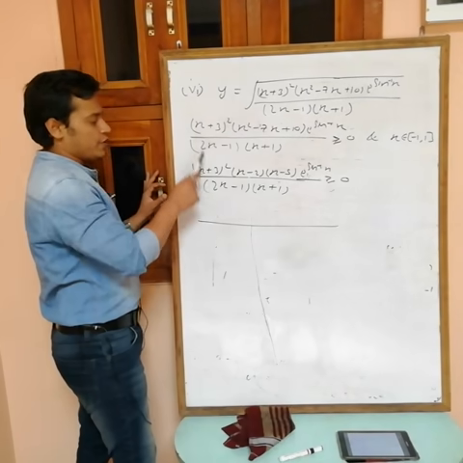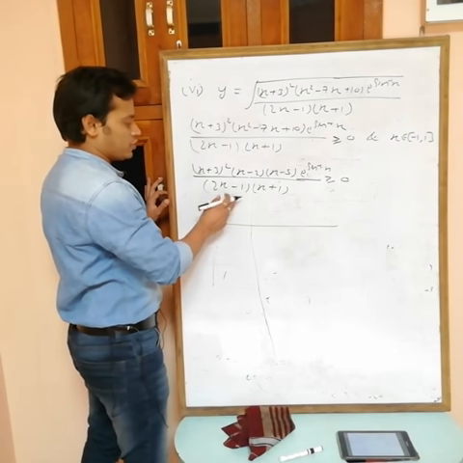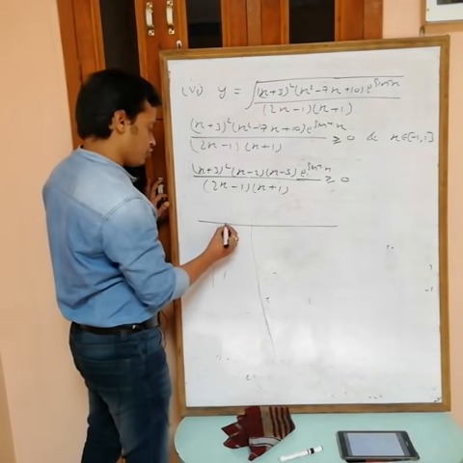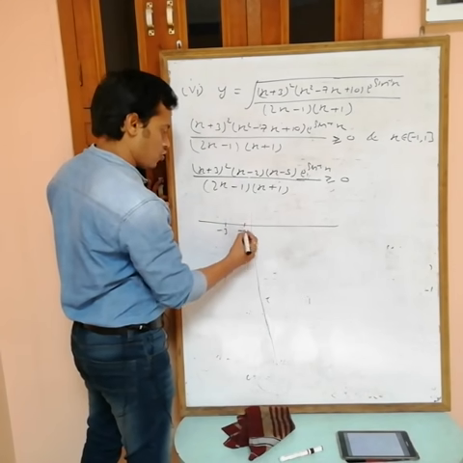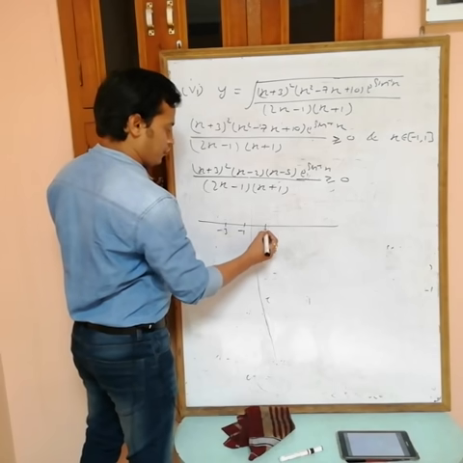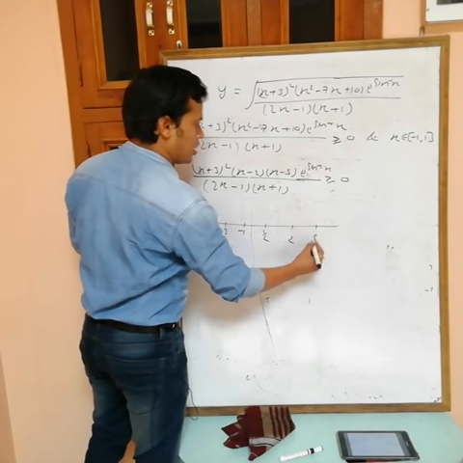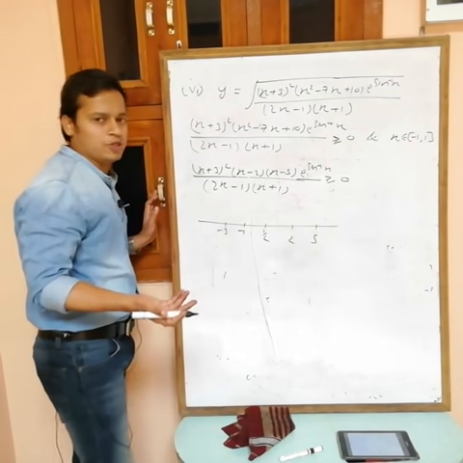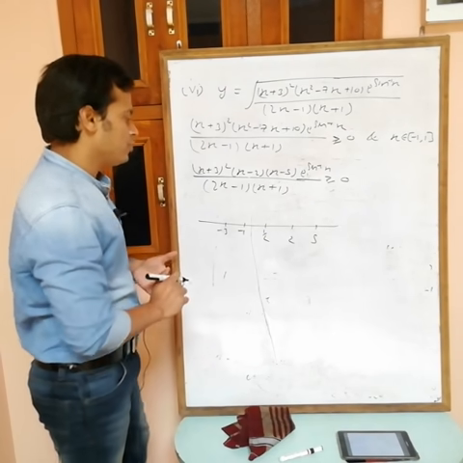Now see, put each factor equal to 0, what are we getting? -3, from this one 2, from this one 5, from this one 1/2, from this one -1. Indicate them on a number line. First on the list is -3, after that -1, after that 1/2, after that 2, after that 5. If you put this one equal to 0, it can't be equal to 0, because e power something is always positive. So I can't put this one equal to 0.